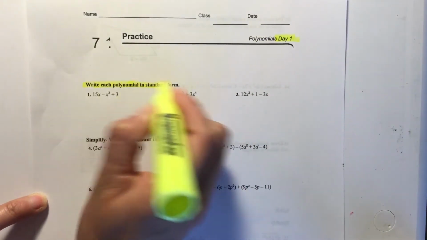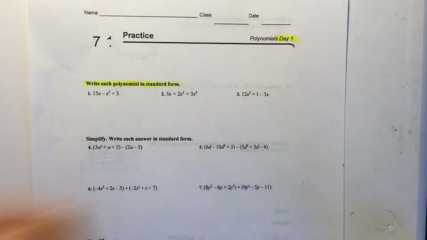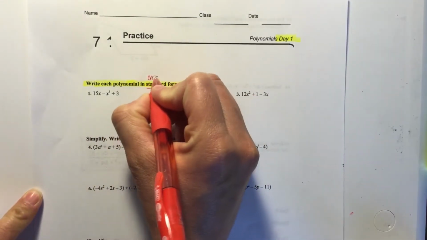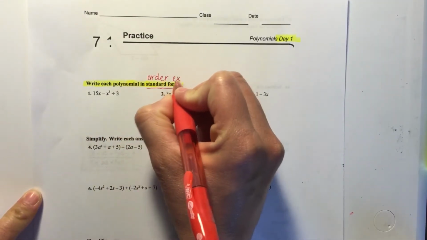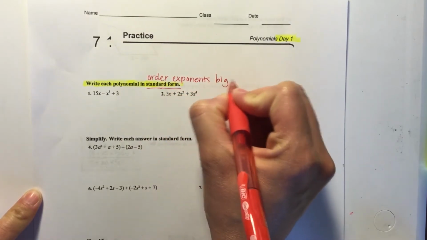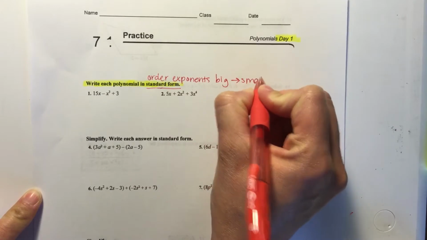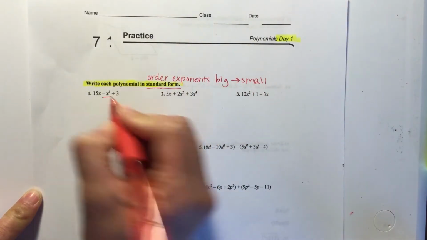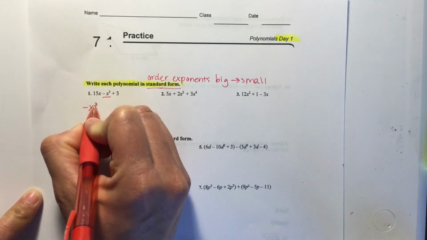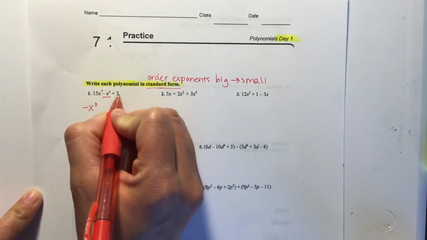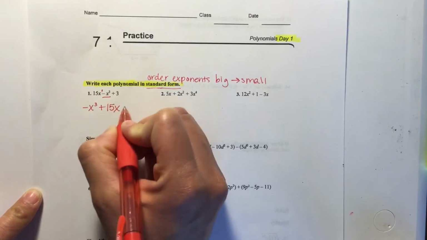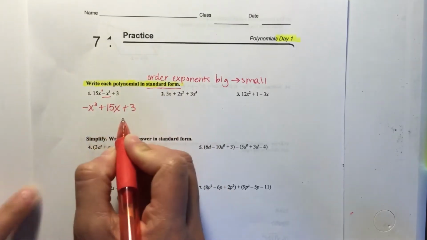Write each polynomial in standard form. When you write it in standard form, you order exponents big to small. So this has a larger exponent. You take the sign in front, negative x cubed, x to the first power, and there's no x. So plus 15x plus 3. And this would be